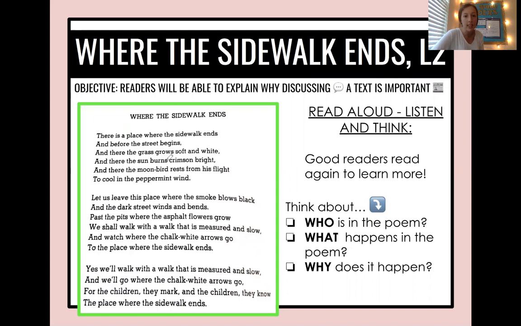So here I see that there's a group of lines, and then there's kind of a space before the next group. So I know that this first group is my first stanza. So I'm going to mark this in orange and write a number 1 by it. That's stanza 1. This next group is stanza 2. And this last group is stanza 3. Our poem today has 3 stanzas.